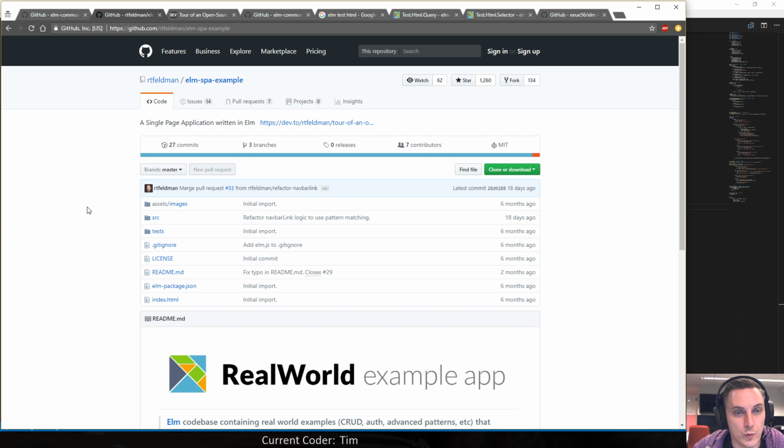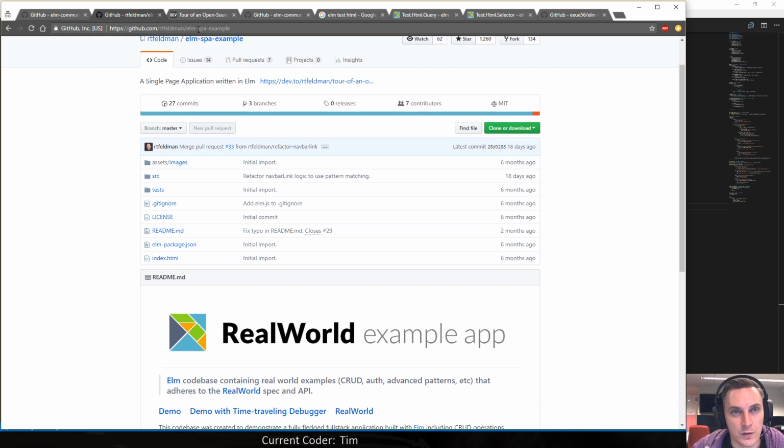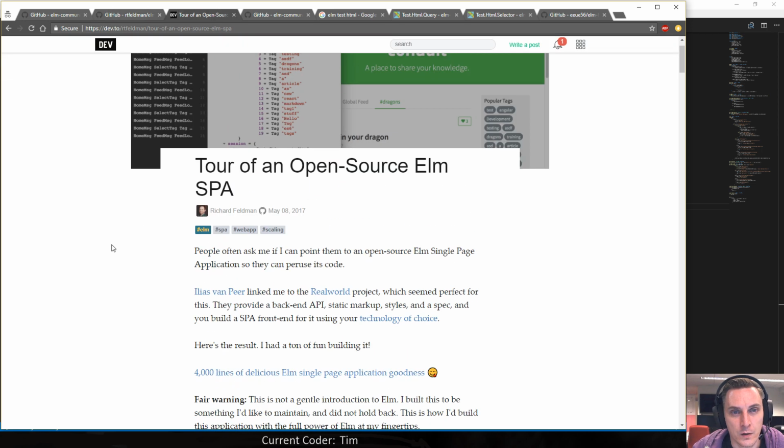Now, since I have no real good idea on how to do this in production code, there's this super cool guy called Richard Feldman, and you might have heard about him. He has a lot of YouTube videos, basically all talks at conferences, since he is the dev lead or something behind NoRedInk, the company that has used Elm in production for a long time already.